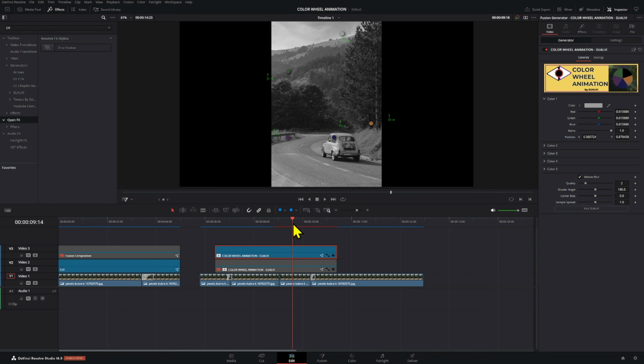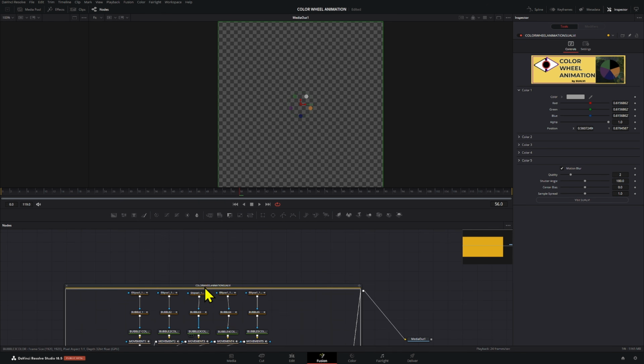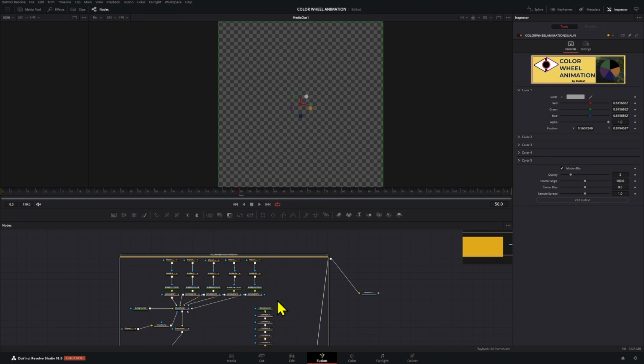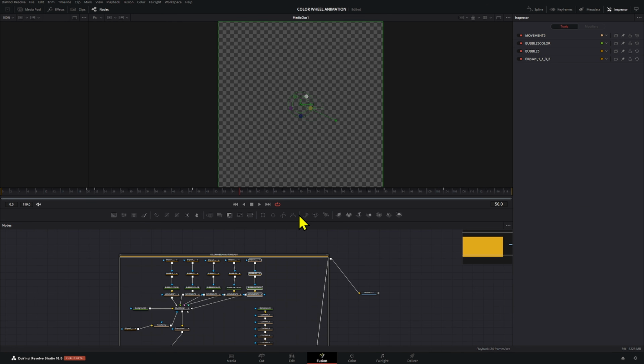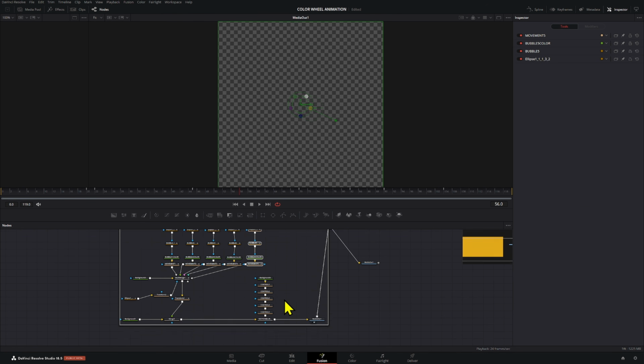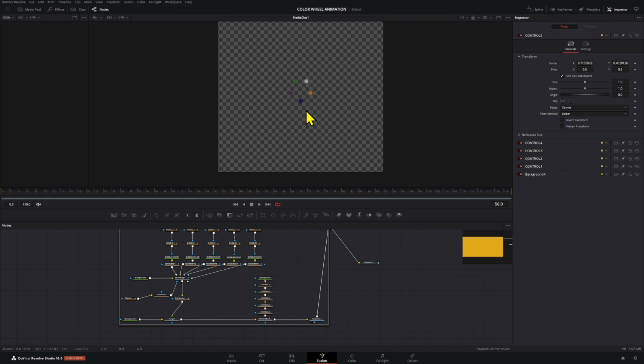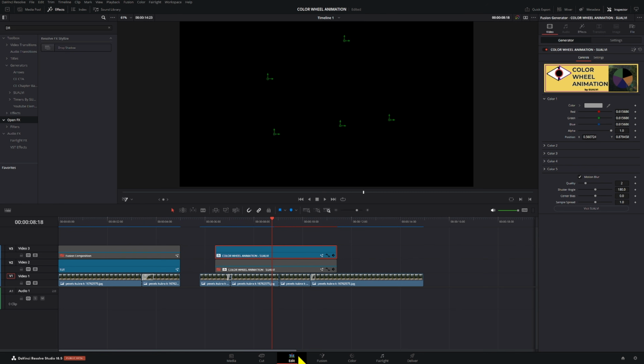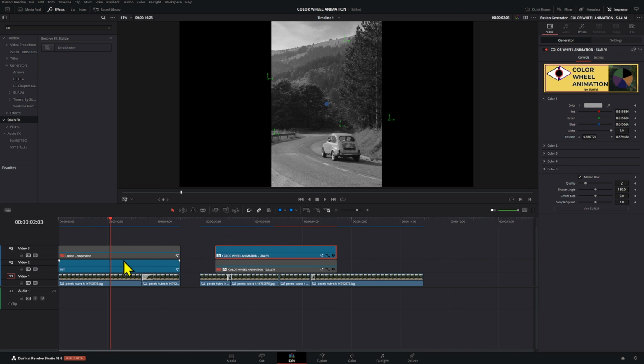Now, if you do want to modify these, I actually saved these as a group. So you can go in here and modify these. If you do add more things here, you're not going to be able to adjust the controls on the edit page. Since I've only added 5 controls of the edit page, right? But if you do want to have more colors added to it, make sure to follow the tutorial that's coming right now on the part 2.